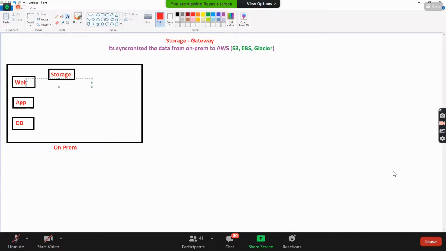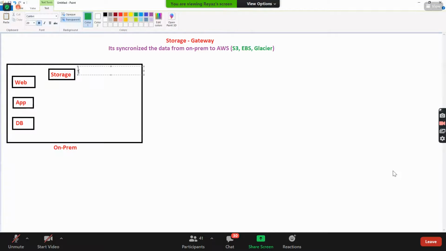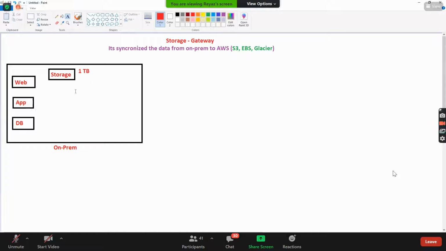So not only web server, app server, DB server, they'll all go and take the backup in the storage. Let's say this storage is only 1 terabyte. All the employees will think that they have backed up the data over here in the storage.